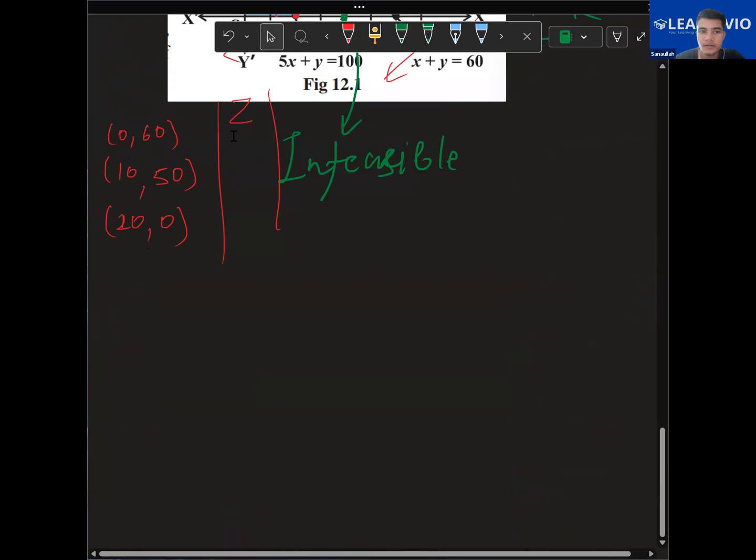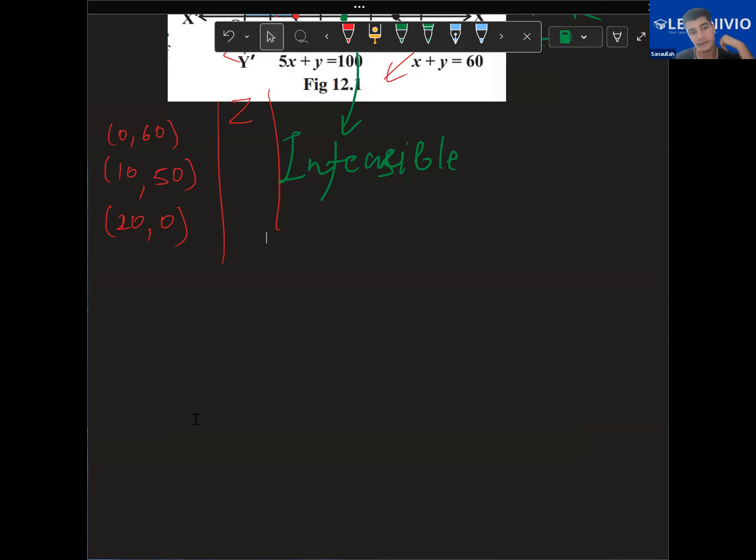And if the question says you have to maximize, you can take the maximum value, and you will say that at this feasible point in the feasible region, your objective function is maximum, and the maximum value is